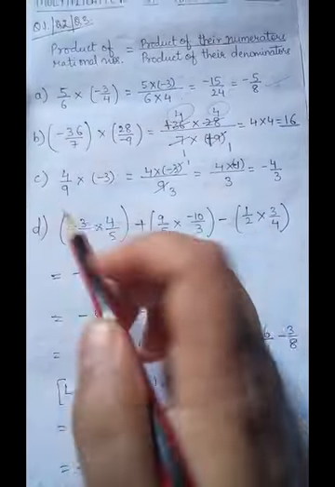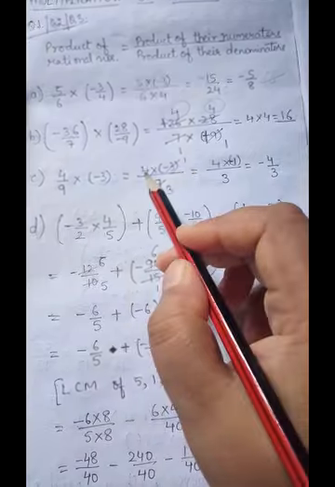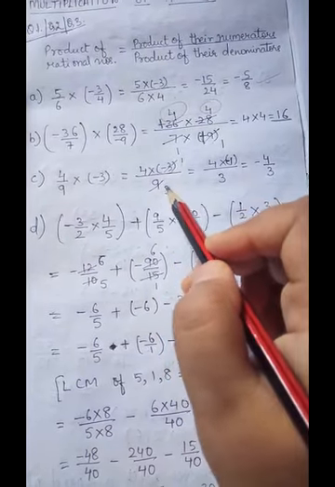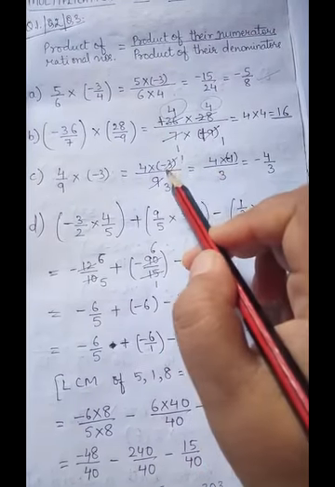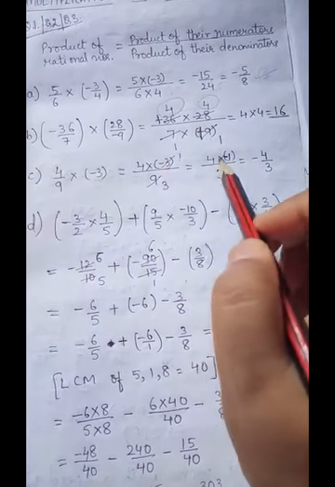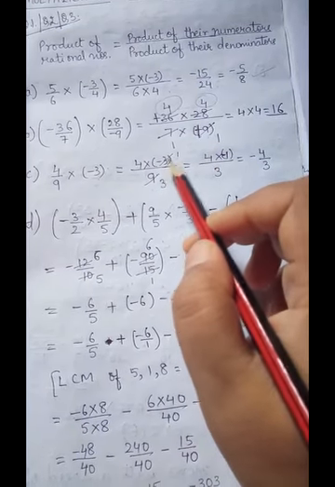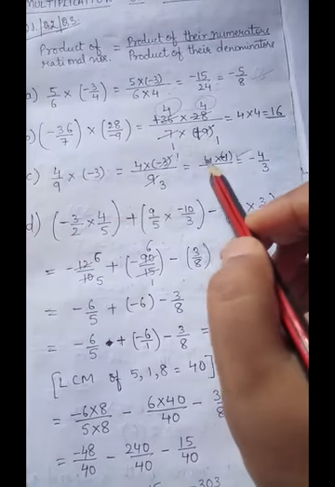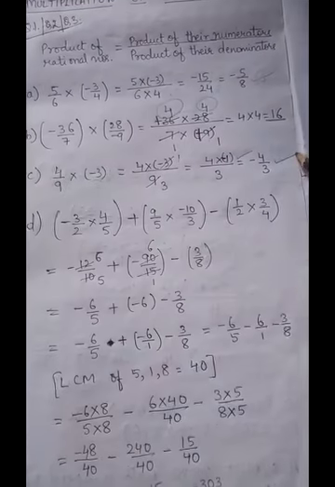Next, 4 by 9 multiplied by minus 3. So numerator product upon denominator product. So 3 ones are 3 and this is 3 threes are 9. So you can see this is 4 into minus 1. You can't escape this minus over here. Remember to write it. Often children make the mistake, they ignore this minus 1 over here. But you are not supposed to ignore it. 4 into minus 1 upon 3, which is equal to minus 4 upon 3. Next question.